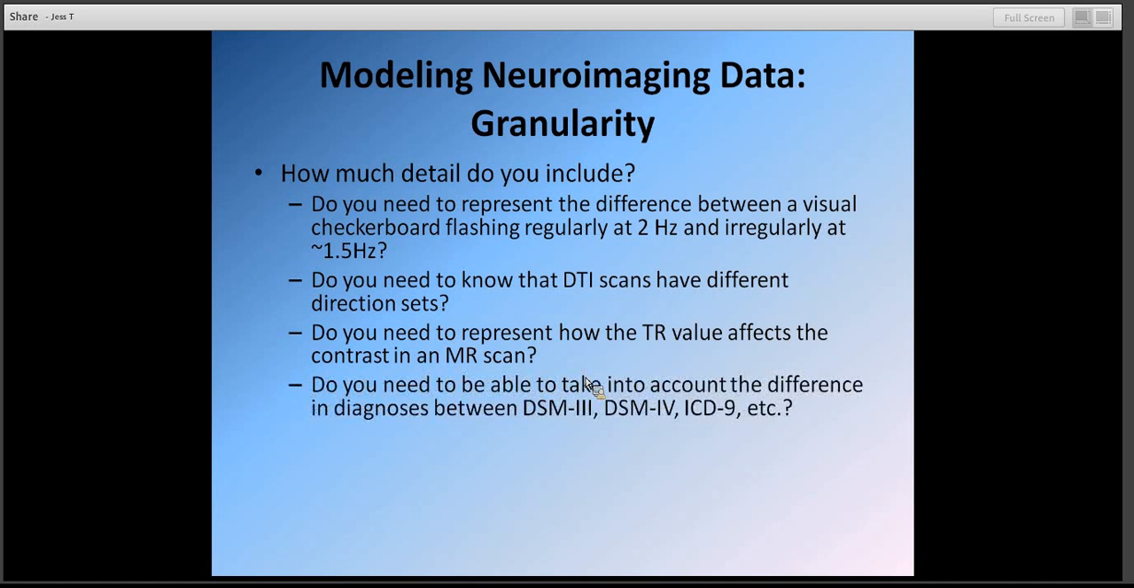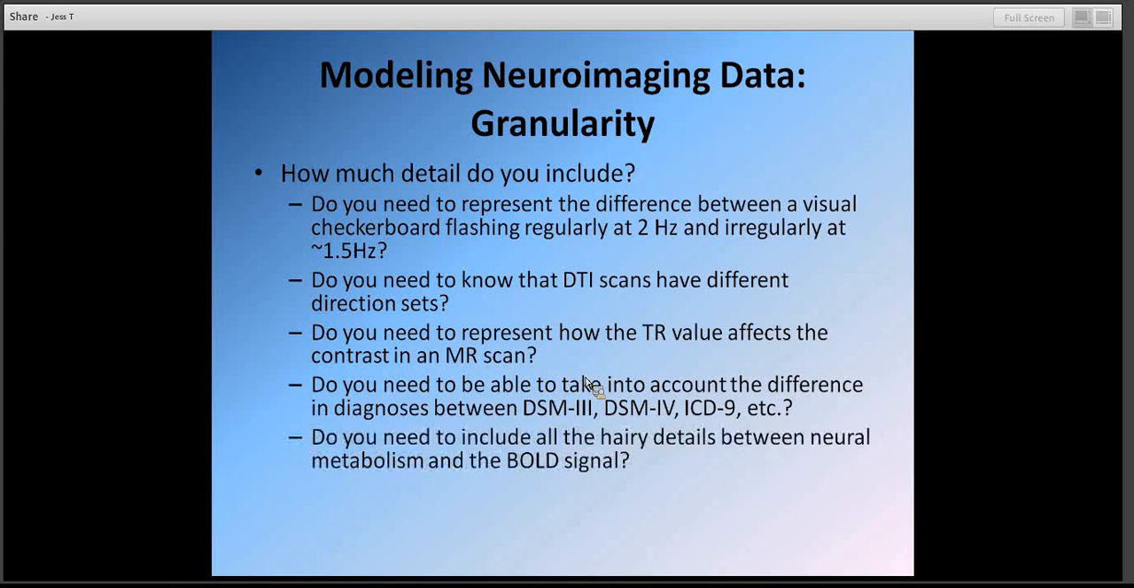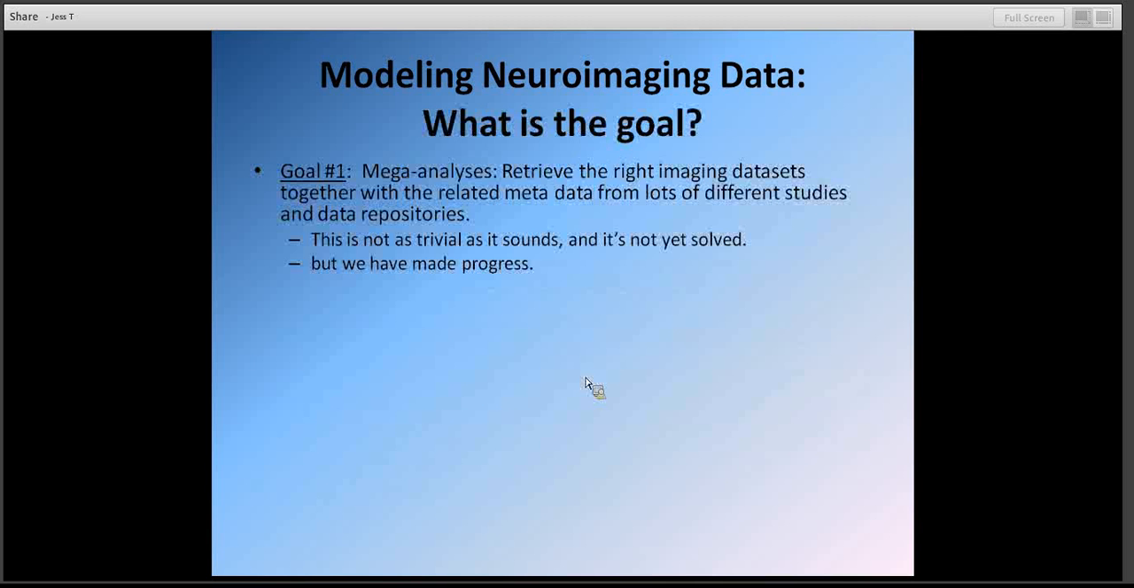do we need to be able to take into account the differences in diagnoses that exist between these different diagnostic standards, and all of the hairy details between neural metabolism, and it really depends on what your goal is in modeling this neuroimaging data for data sharing and for reasoning. And of course, goal number 1, and in fact, which Angie will talk about more, is meta-analysis,